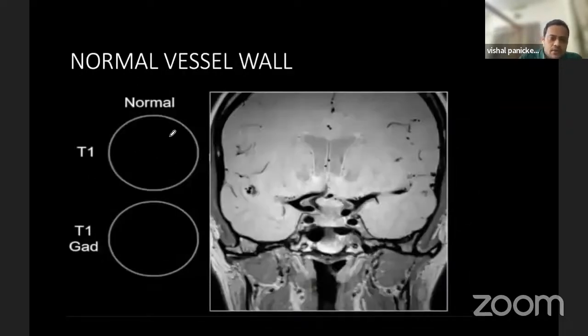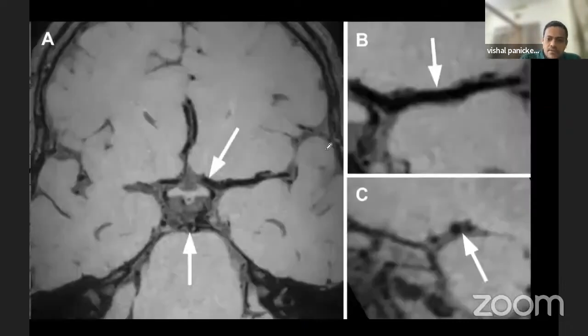This is how the normal vessel wall looks. This is an enhanced image, zoomed-out imaging, showing the vessel wall is barely visible. This is a normal vessel wall. The lumen has no narrowing, and the vessel wall is visible as a very thin-walled structure. This is the cross-sectional or short axis imaging showing a nice circumferential lumen with the